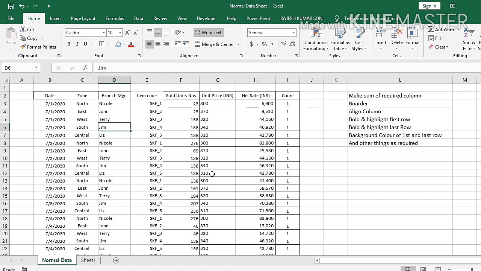Today I will tell how simple data can be converted into dynamic, presentable and more informative data. I will first tell what most people do with the data and then how it can be done in a better and smarter way. Say this is the database and we have some information captured over here, and we also inserted a different column, that is count. I will tell you the purpose of this.